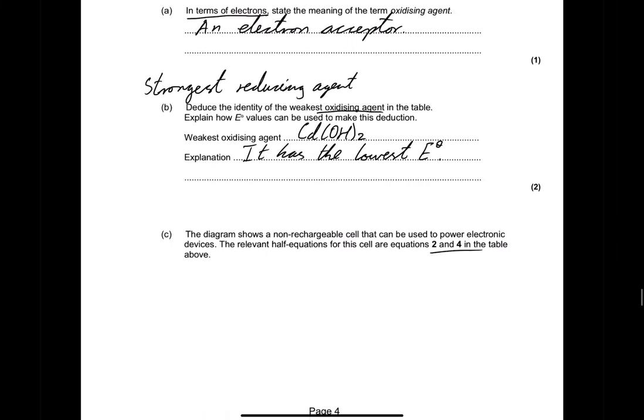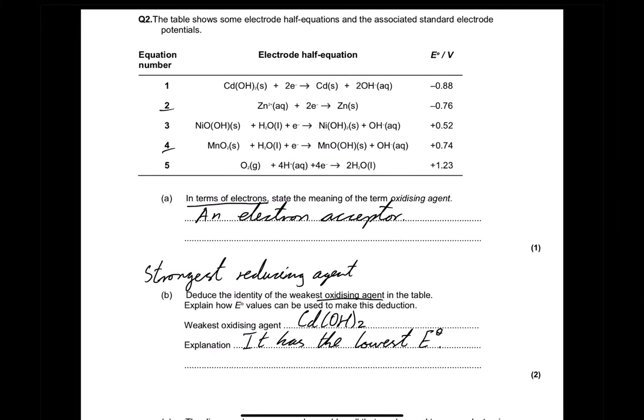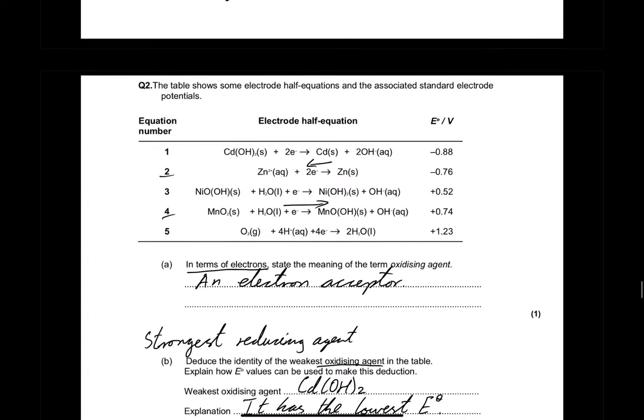So discharges is what you'd expect, just when the battery is being used. So this one has the higher electrical potential, it's going to go in that way. This is more negative, so it's going to go in the oxidation pathway. But this has double the amount of electrons, so that's to times that by 2. So if I did this up here, I'd say